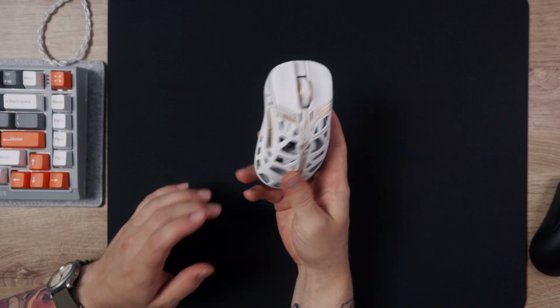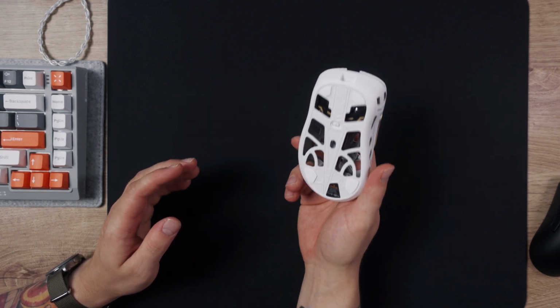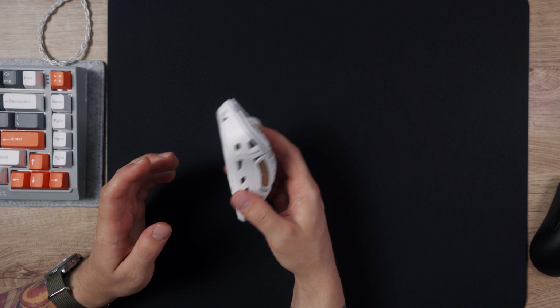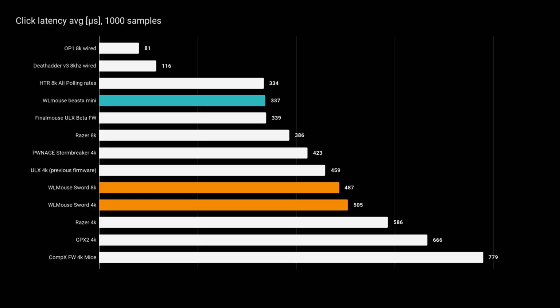The wireless performance on the Sword is very much the same as on their other newer releases such as the Beast X 8K, Beast X Max and Beast X Mini. Motion delay is pretty much top tier and the stability of the firmware seems pretty good also. One interesting thing is regarding the click latency, and for some reason with the opticals I could get somewhat higher results than on the Beast X Mini,